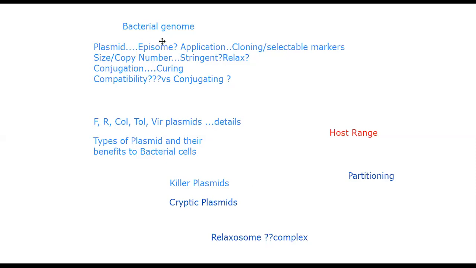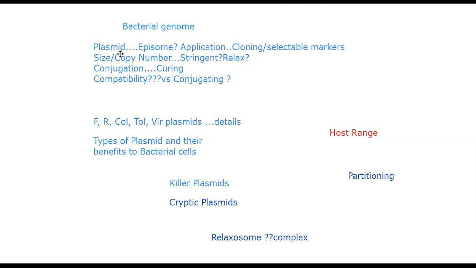So also one important term, episome. We will discuss episome in detail later, but because I have written it here: an episome is when a plasmid is somehow integrated into the nucleoid region or the main chromosome of the bacterial cell. And it may happen that when the bacterial cell divides, the plasmid along with the main bacterial chromosome present in the nucleoid region can be transferred to the daughter cells.